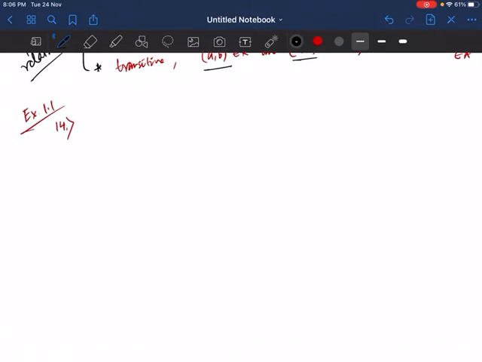So, let L be the set of all lines in the XY plane. Let's draw the diagram, just a picture. There is an XY plane and L is a line, so there is a line L on that XY plane. Then it says that R is a relation in L defined as L1 parallel to L2. So I am defining a relation R. And what is that relation R?